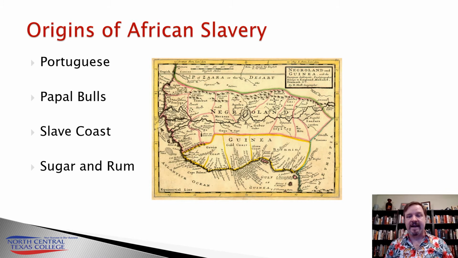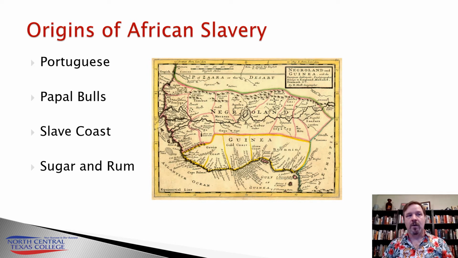People like Bartolome de las Casas of Spain are going to encourage the Spanish king to use African slave labor in those plantations because of the massive die-off of Native Americans that they could have used for slaves, but the disease and so on from the Columbian exchange had a pretty profound effect on that. As a result, both the Portuguese and the Spanish are going to start bringing large numbers of slaves to first the Caribbean, places like Hispaniola, but then eventually across all of the Americas.